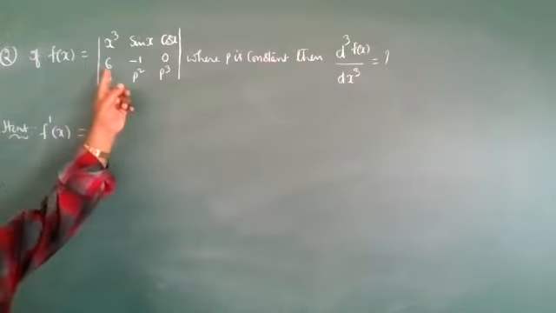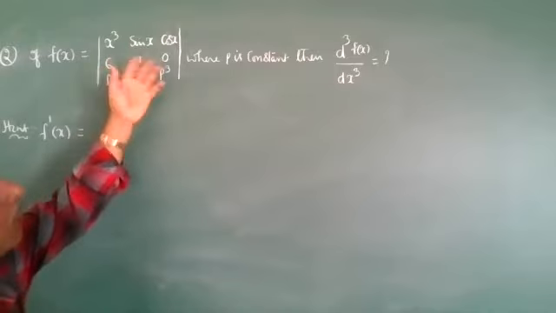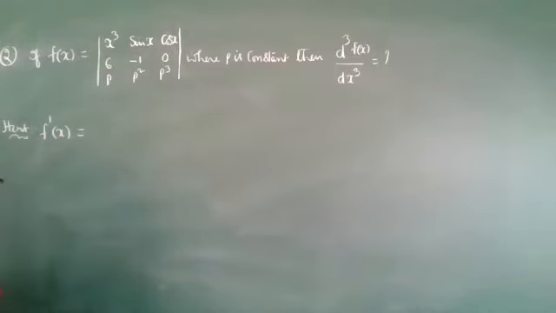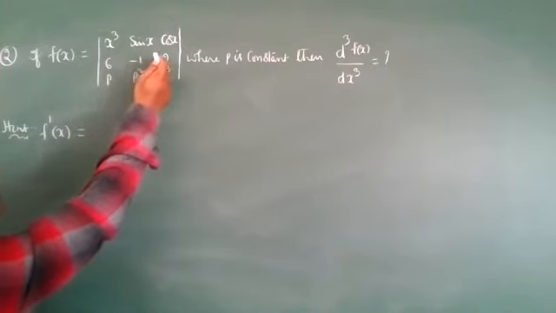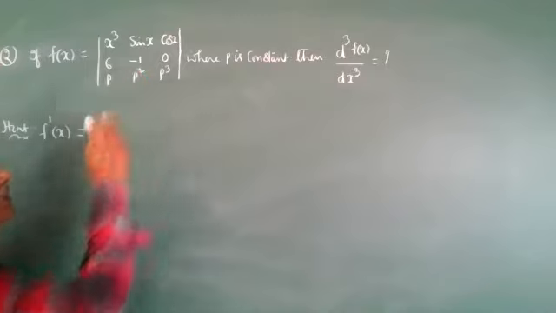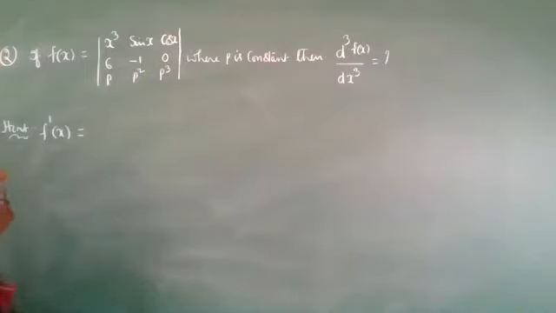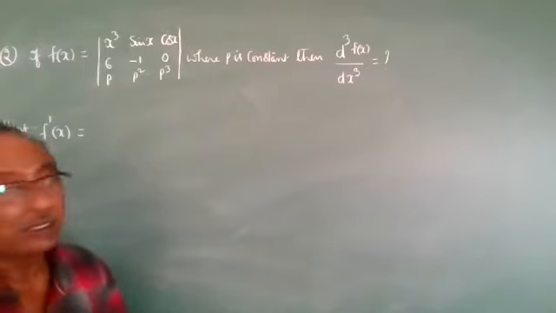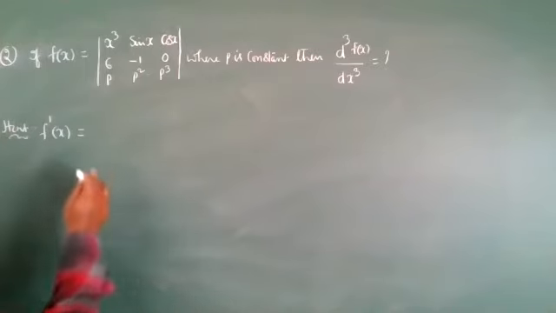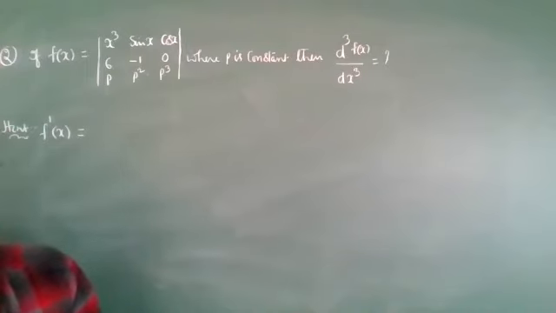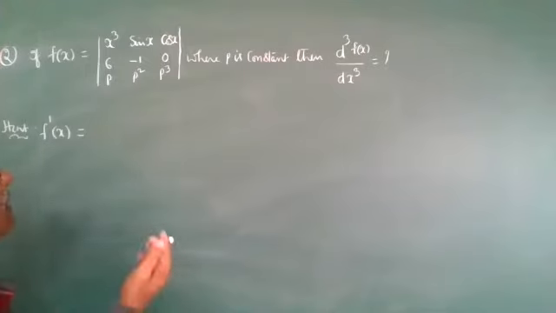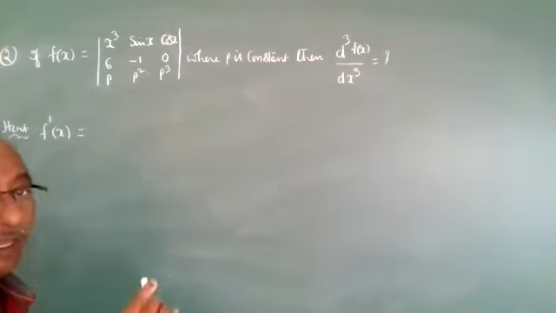We can see the second row: 6 derivative is 0, minus 1 derivative is 0, its derivatives are also zeros. Column wise or row wise, which is better? We can see row wise is better. We can follow the row wise.